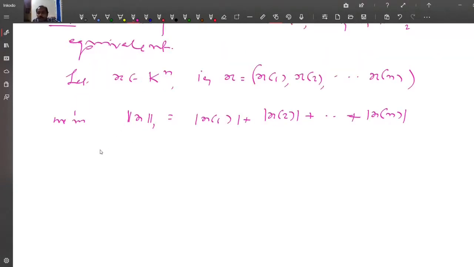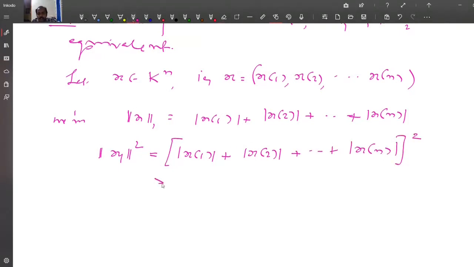And you consider one norm of x square. So this is modulus of x of 1 plus modulus of x of 2 plus etc. plus modulus of x of n, all square, greater than or equal to modulus of x of 1 square plus modulus of x of 2 square plus etc. plus modulus of x of n square. So this is equal to 2 norm of x